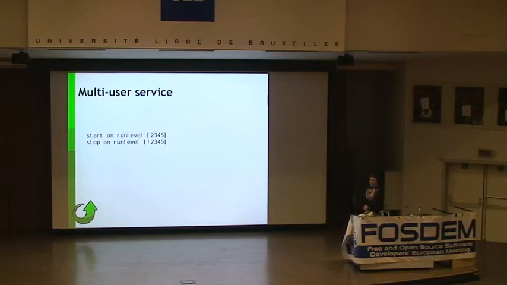In Upstart, you kind of have to define it using events. A simple multi-user service, well, that's not multi-user if you're Red Hat, but a simple service that runs in many run levels would, in Upstart, be defined with something like that. It's a start on run level event, 2, 3, 4, 5, but stop on a run level event, changing the run level to something not 2, 3, 4, 5.